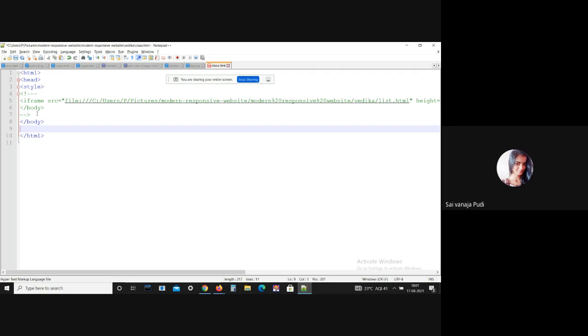And if no entity name exists, then you can use an entity number, a decimal or hexadecimal reference. I will send all those references on WhatsApp. You can even practice, or if you do a Google search, all those entities will be displayed. I will explain some of these mathematical symbols.